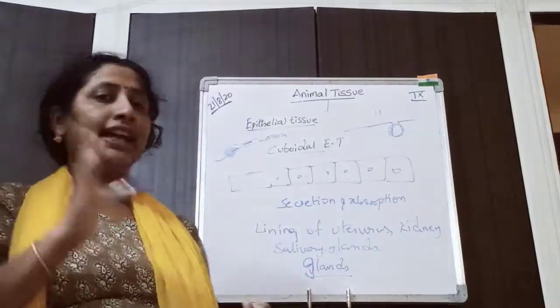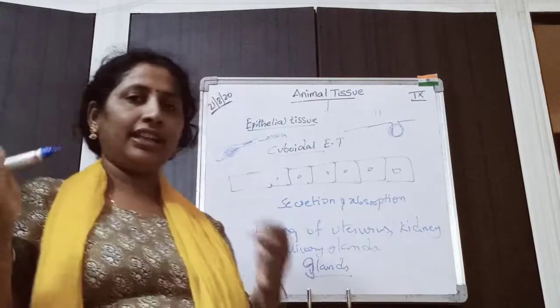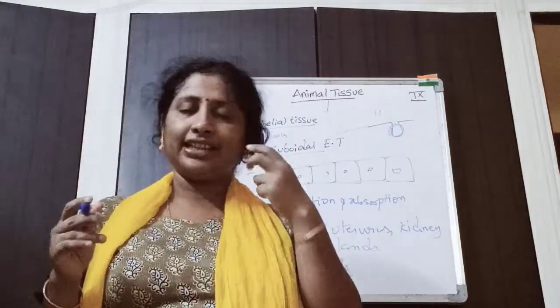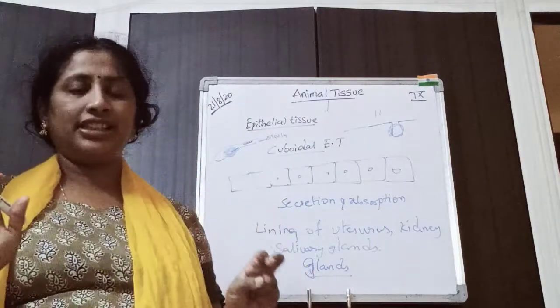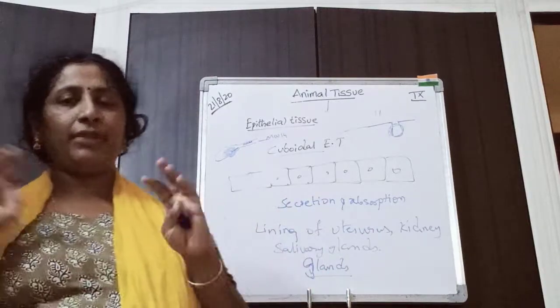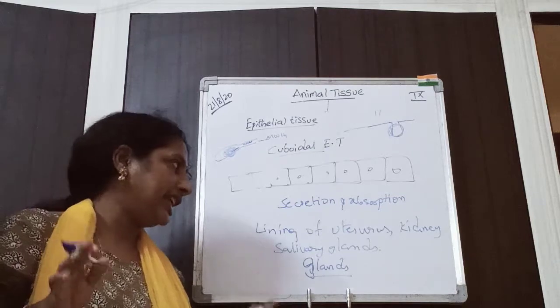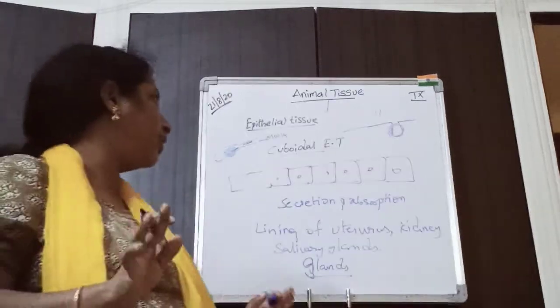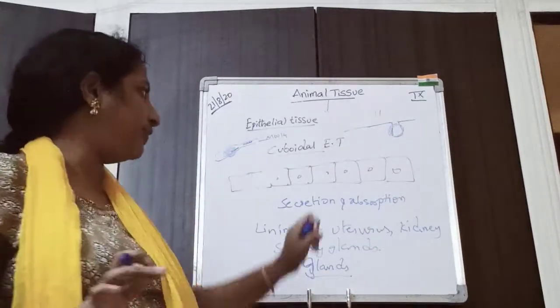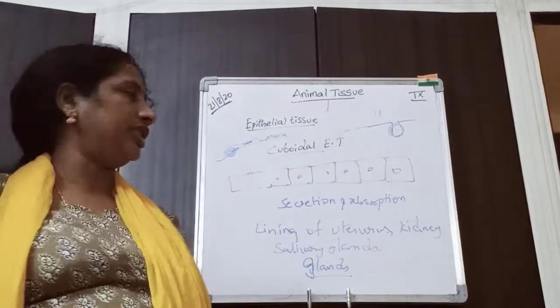వీ హ్యావ్ డక్ట్లెస్ గ్లాండ్స్ అండ్ డక్ట్ గ్లాండ్స్. సో ఎనీహౌ ఐ నాట్ డిస్కస్ దట్. ఇప్పుడు మళ్ళీ కన్ఫ్యూజ్ అయిపోతారు. జస్ట్ రిమెంబర్, లైనింగ్ ఆఫ్ యూటీరస్, కిడ్నీ అండ్ సలైవరీ గ్లాండ్స్లో ఉంటాయి క్యూబాయిడల్ ఎపిథీలియల్ సెల్స్. మెయిన్ ఫంక్షన్ వచ్చి సెక్రీషన్ అండ్ అబ్జర్ప్షన్. ఓకే,